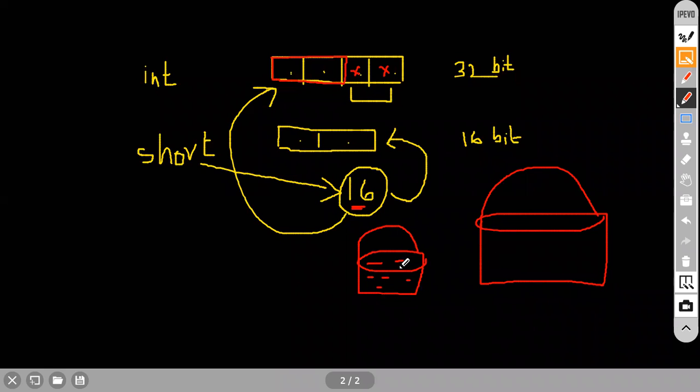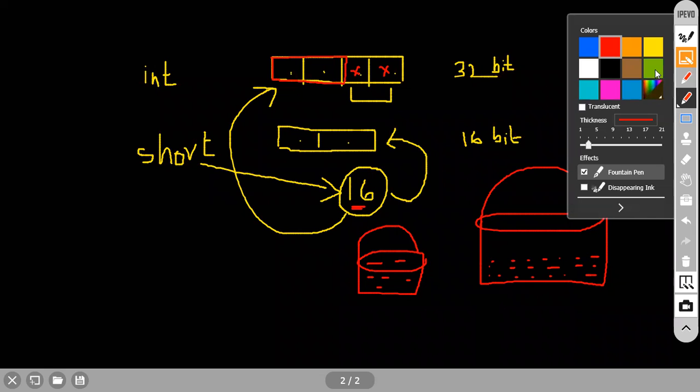The data will come here. Just showing an example. Still, see, a lot of memory is empty. Yes or not? A lot of memory is empty. This we will call widening.